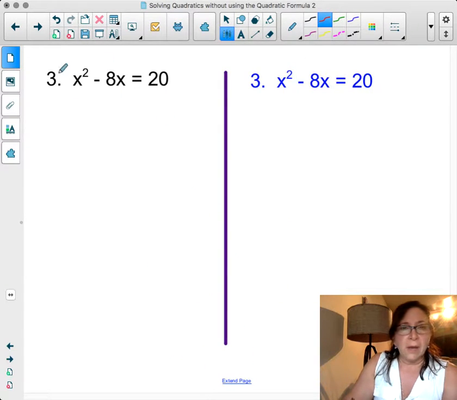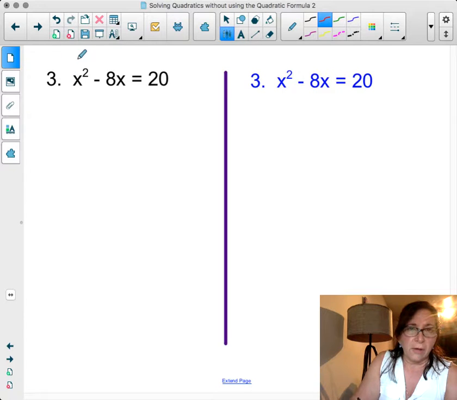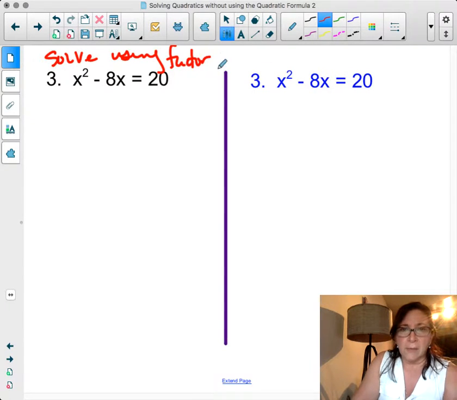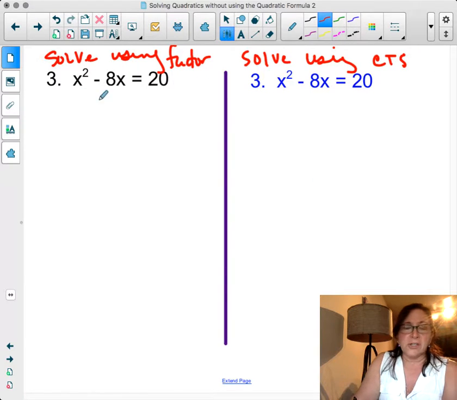This one, I'm going to solve using factoring. And this one, I'm going to solve using completing the square. Okay, so if I were to factor this one, first I would need to move the 20